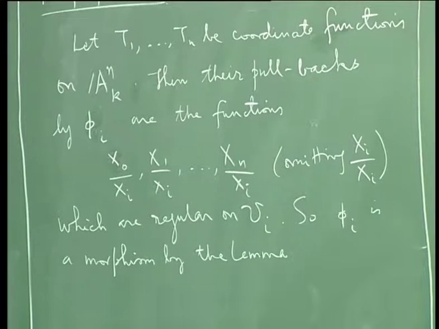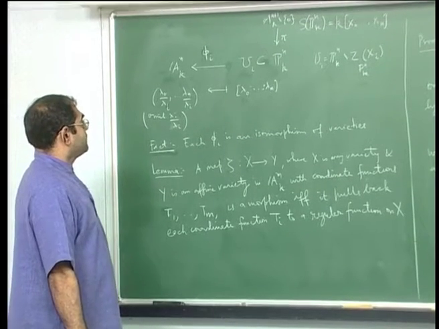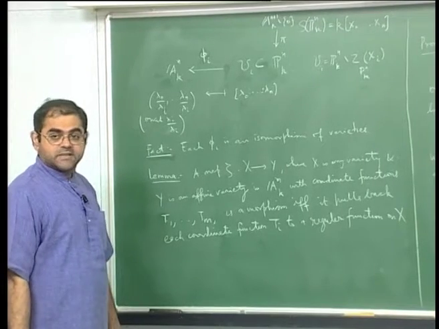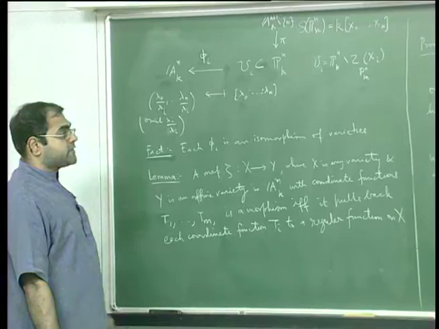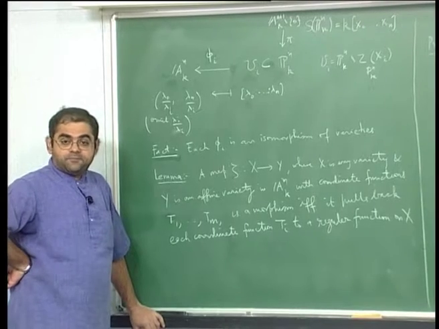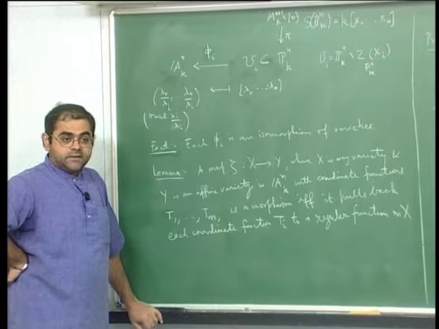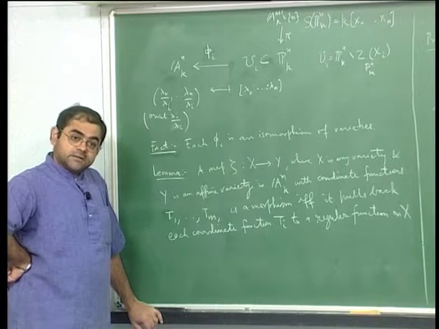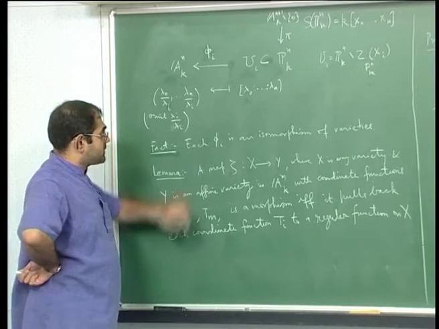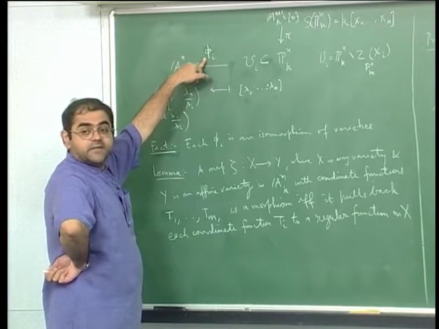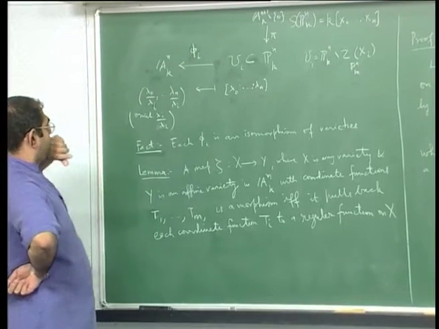Now what this will tell you is that phi is a bijective bicontinuous morphism, but even that is not enough to ensure that phi is an isomorphism, because in the category of varieties you can have a bijective map which is a morphism in one direction. It could even be continuous in the other direction, but it may fail to be a morphism in the other direction. So you will have to do something to say that phi inverse is also a morphism.